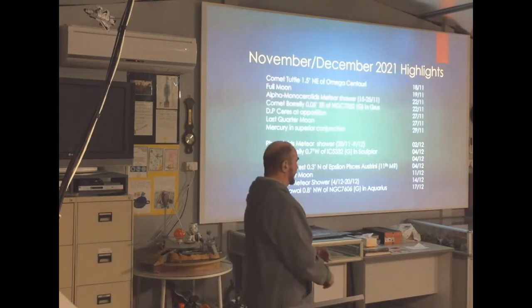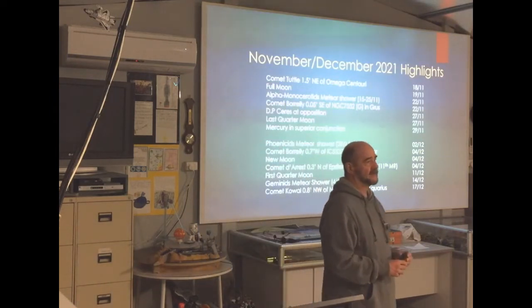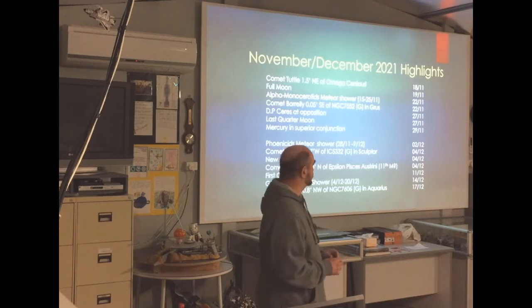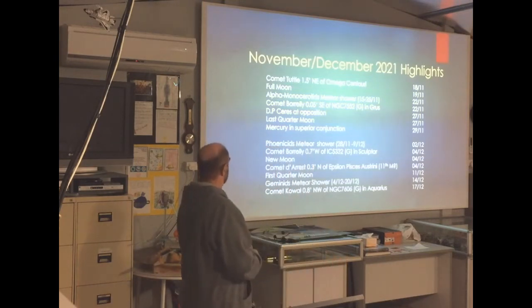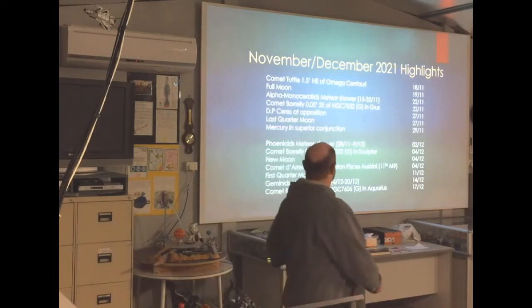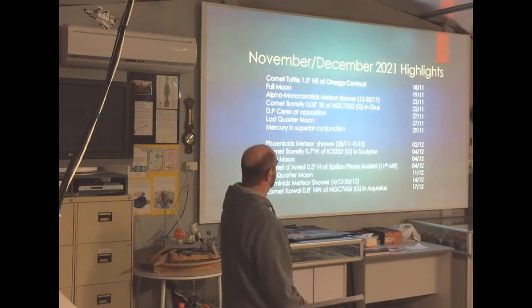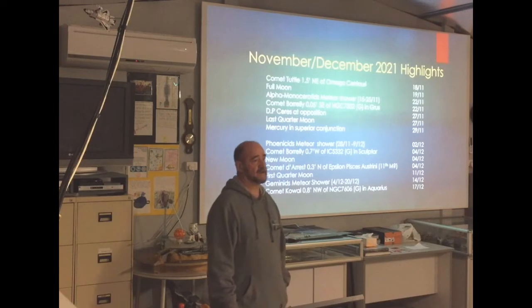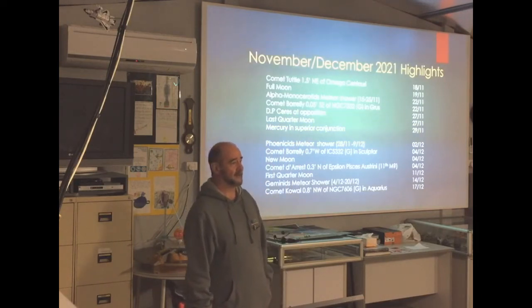I'll just point out, particularly for the newer members, that these are objects around about 9th, 10th and 11th magnitude, so they're not naked eye objects. In addition to that, we've got a couple of meteor showers, and I've been practicing this one all day. The Alpha Monocerotids shower occurring between the 15th and the 25th of the 11th, and the 22nd of the 11th is the peak time when you'll see most